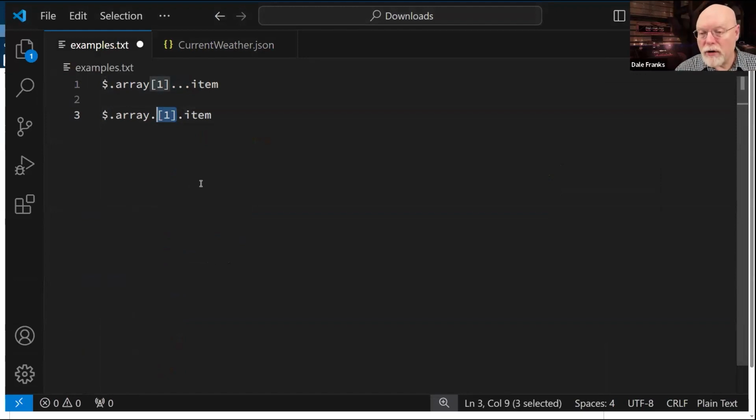Of the two methods, the second one is the one I prefer. To me, it gives me a clearer idea of where we're going. I know it's an array because it says array. But even if I didn't know that it was an array, the fact that I went dot and then had square bracket 1, end square bracket, would tell me automatically this is an array field. So it's pulling back an array of data, and I want to pull back item 1.